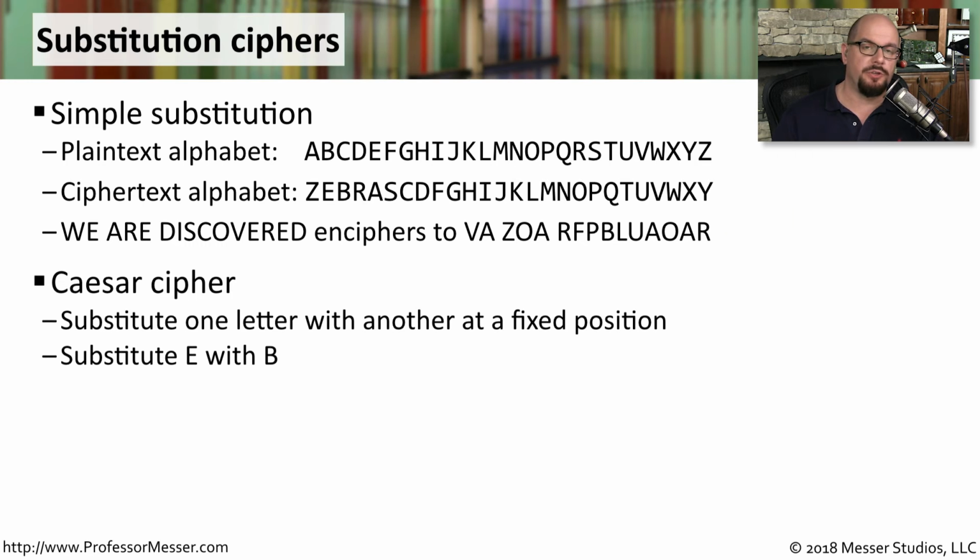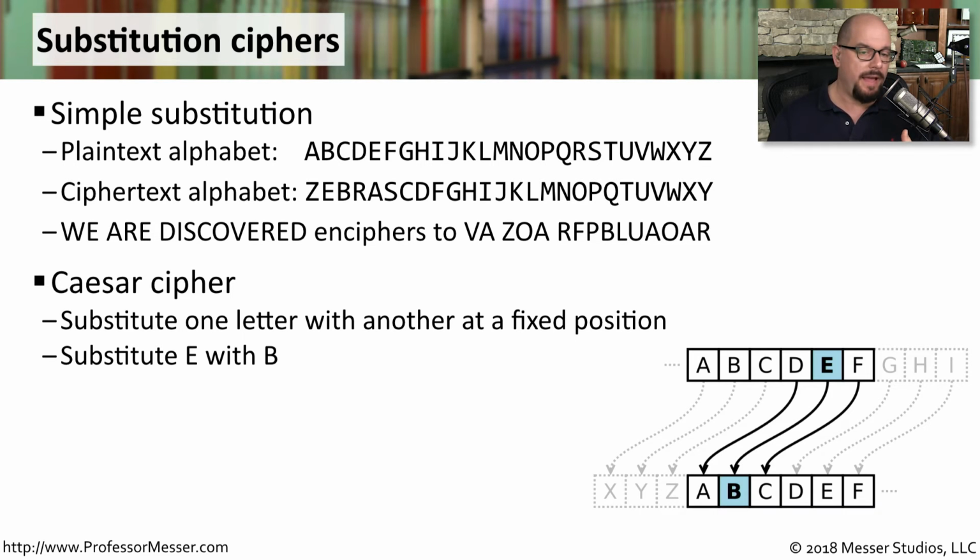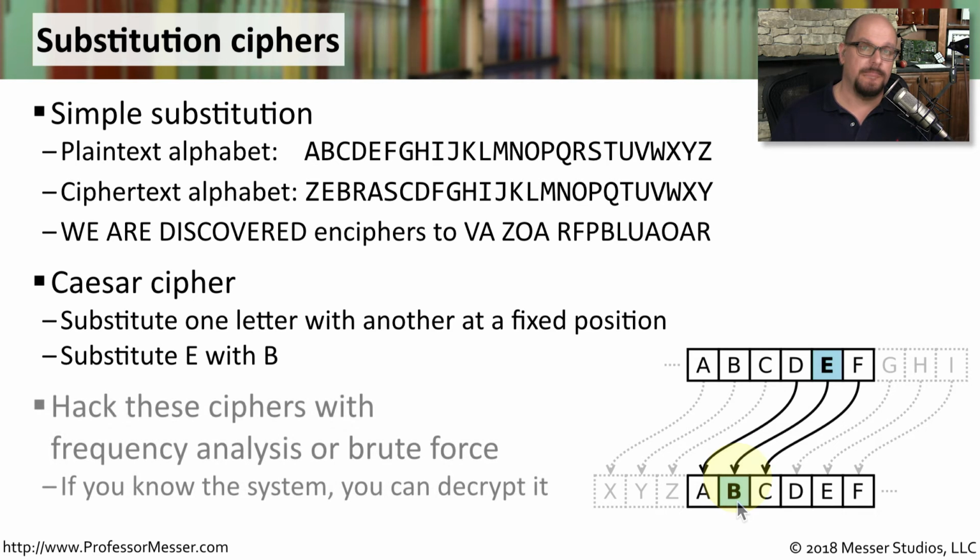Another form of substitution cipher is the Caesar cipher, where every letter is substituted with another at a fixed position. For example, you may have the entire alphabet shifted over a number of letters so that instead of an E, we're substituting the E with a B. These ciphers are obviously easy to brute force. If you know the system, it's very easy to decrypt it, but in its encrypted form, it does obfuscate the